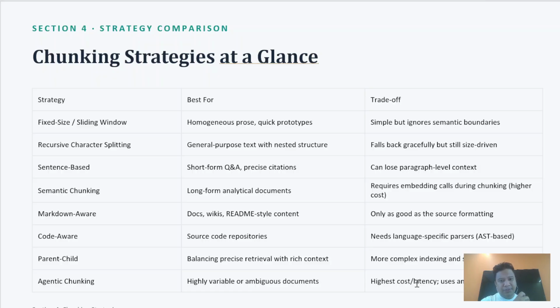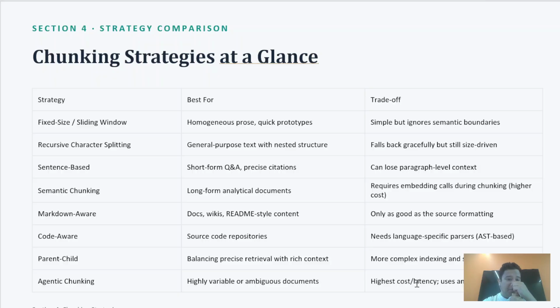You have general purpose text with the nested structure. The trade-off is that it falls back gracefully but is still size driven. You have sentence-based chunking, which is short form Q&A, precise citation, but can lose paragraph level context. You have semantic chunking, which is for long form analytical documents, which requires embedding calls during chunking, which is the